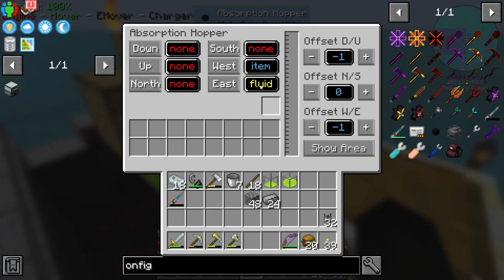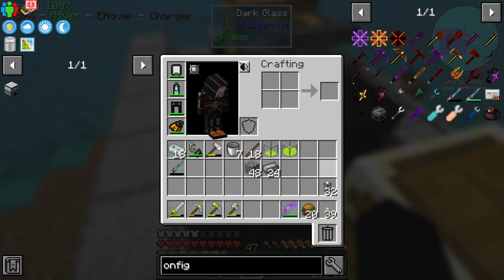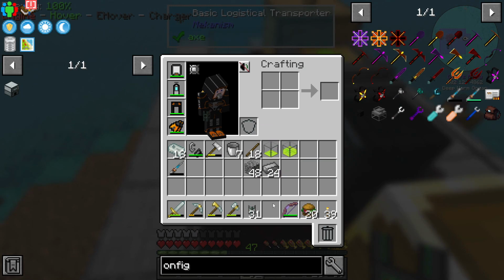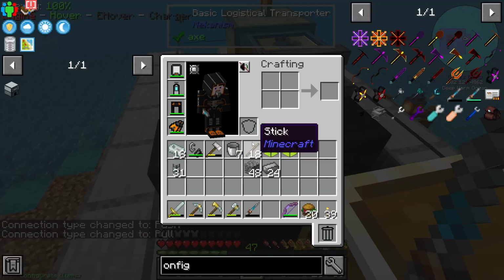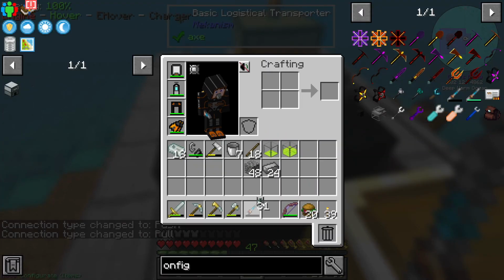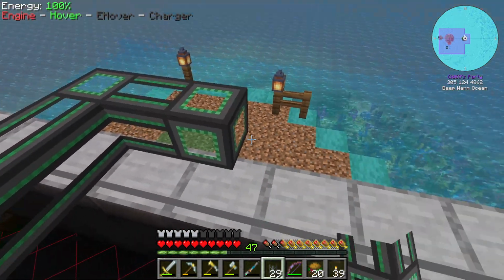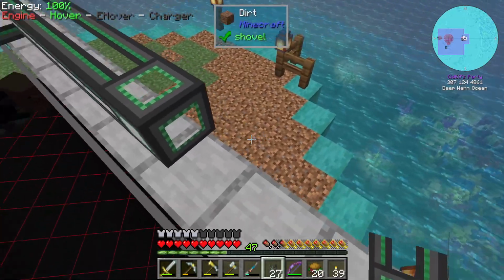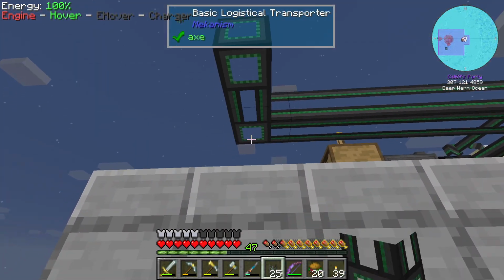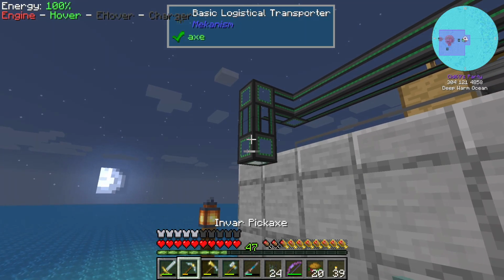Okay. Let's change items to that, and then we should be able to go and place you on there. And we can configure you to pull. And then my thoughts are to bring it over to about here and then run it down a line of barrels. Maybe,